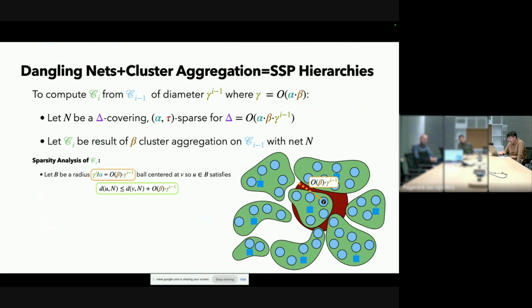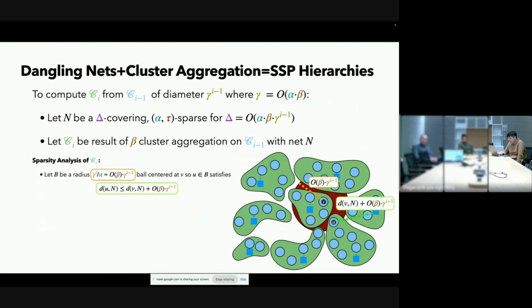Okay, and then all we do is we say, well, that should mean that every vertex in this ball is pretty close to a net vertex. Namely, V has some distance to its nearest net vertex. Any other vertex in this red ball can always go to V and then go to V's nearest net vertex, okay? So that means that if you look at any U here, and you look at its nearest net vertex,